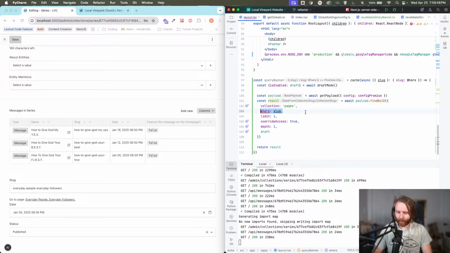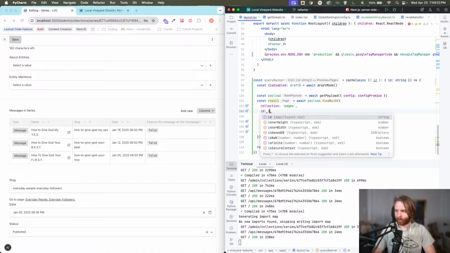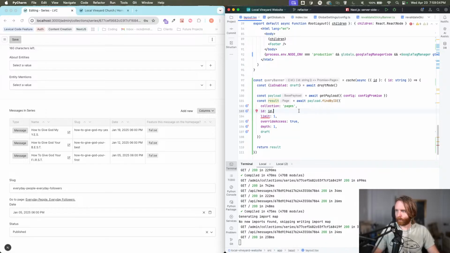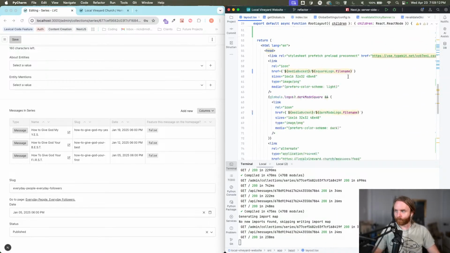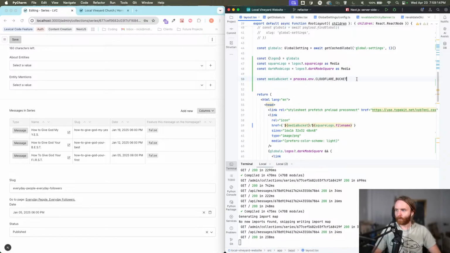And instead of where, we'll do an ID where we'll take ID. ID is a string. I don't think I need a where query here. Oh, I don't need a limit one either. Perfect. So now what we should be able to do is get our